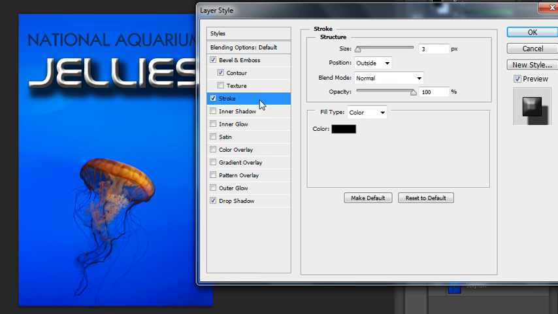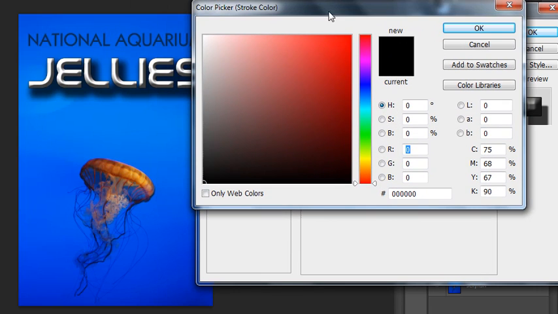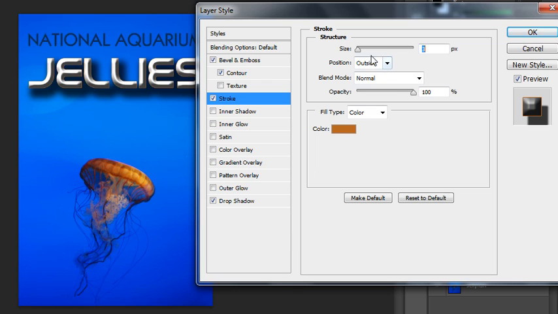Now the stroke deals with the outer edges of your object. In this case, the default size is set to 3 pixels. The position is outside the object's edges. Blending mode is set to normal and the opacity is at 100%. You can also choose when you're working with type to fill the type with a color, in which case you could change the color. Let's say we wanted to sample from the artwork on the board, and we could also